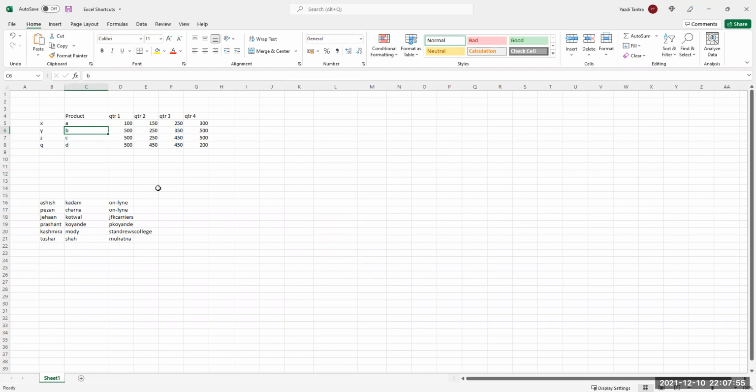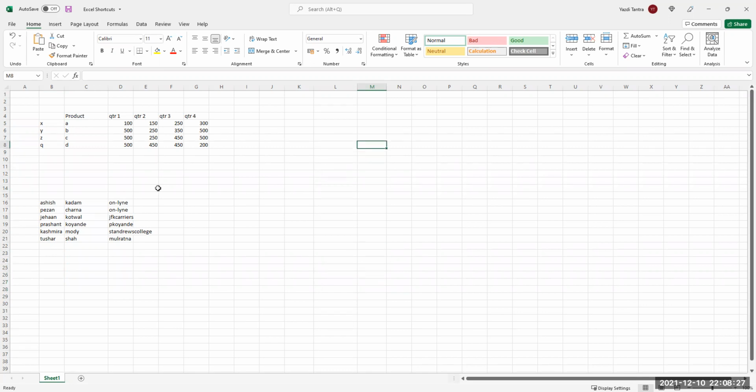Now, if it is a large table, for example, now you are here and you want to go to the rightmost part of the table. How do you do it? Control End? Let me try. What happens? Control End is taking me to the last possible cell within this spreadsheet. So that is not happening.